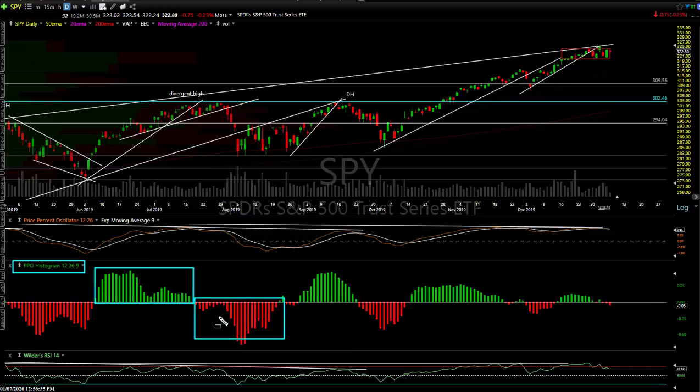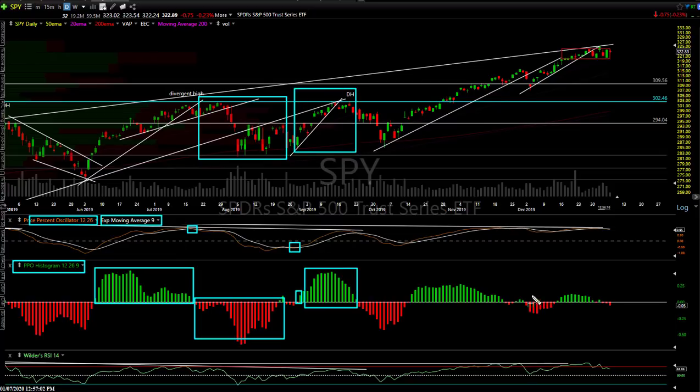And what the histogram shows you is when the lines make a bullish or bearish crossover. In other words, here's your PPO line in orange, the signal line or the 90 MA is in white. So when the PPO line crosses down below the signal line, that's a bearish crossover, and it tends to foreshadow bearish trends. And likewise, when you make a bullish crossover, which is visually represented here, you had a little whipsaw and there was your crossover, you had a bullish trend, and you can see it right there.